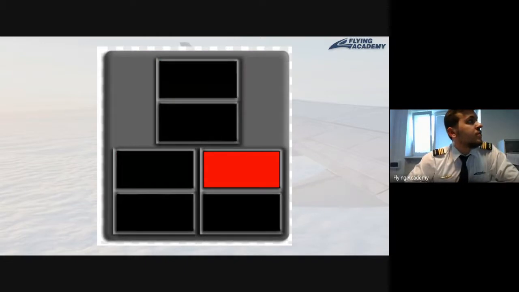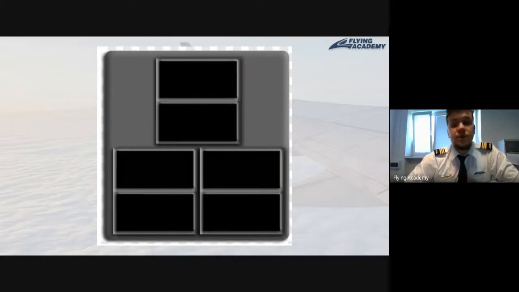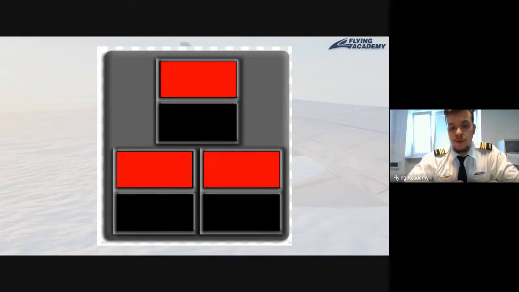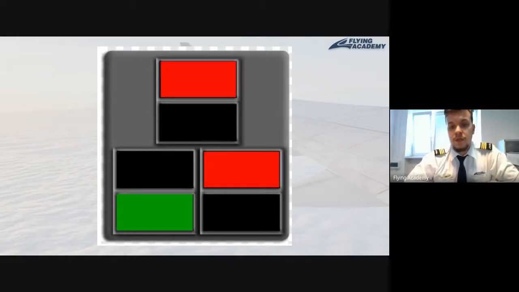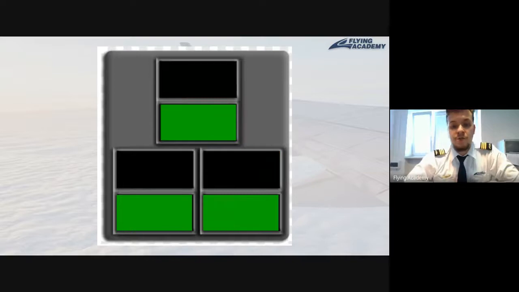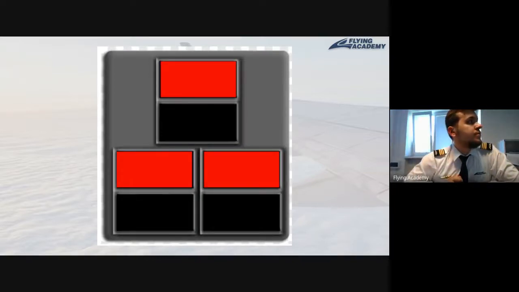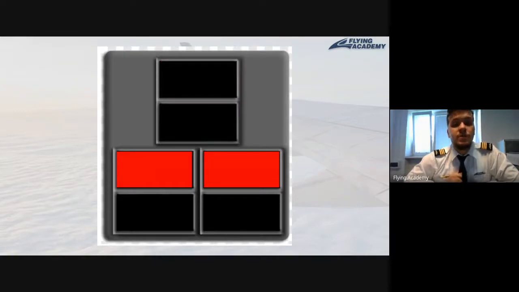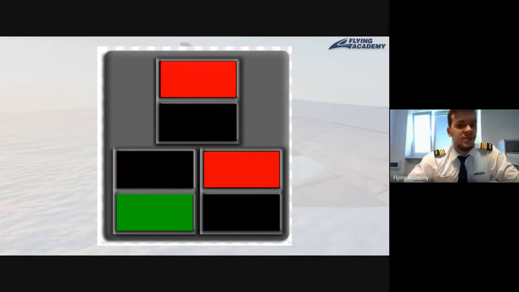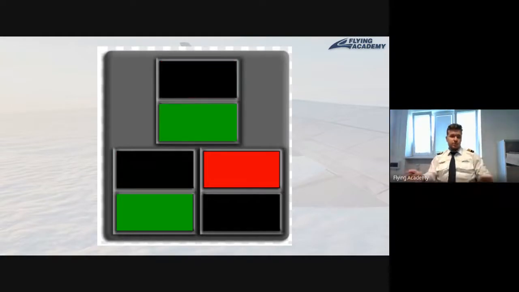All of them are red. When landing gears are completely retracted, nothing is illuminated. And again, as you wish, lowering the gears, all red. Then when gears reach the down position, all of them will illuminate green. When we decide to retract the gears, all of them red. When landing gears finally reach proper position, nothing on indication. So yeah, a warning message when you start retracting and extending landing gears is absolutely normal.